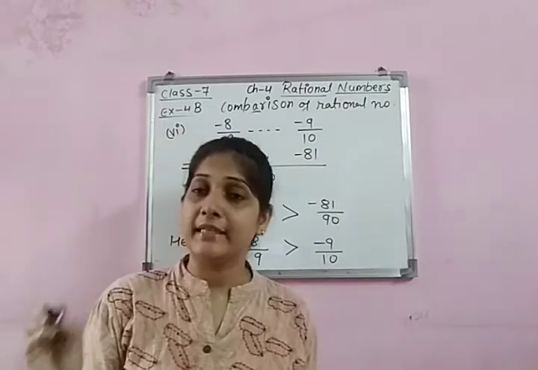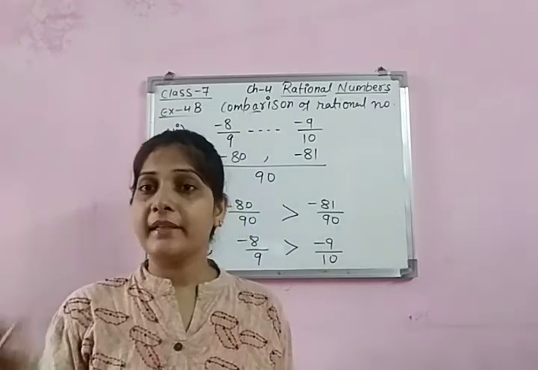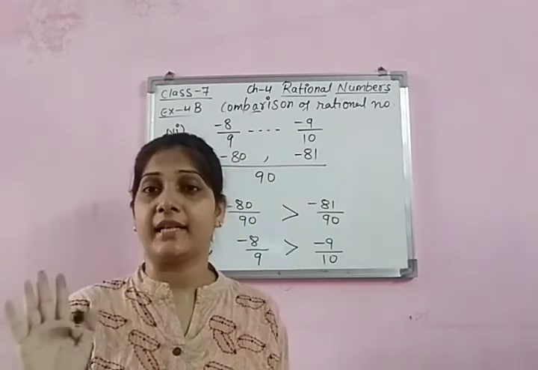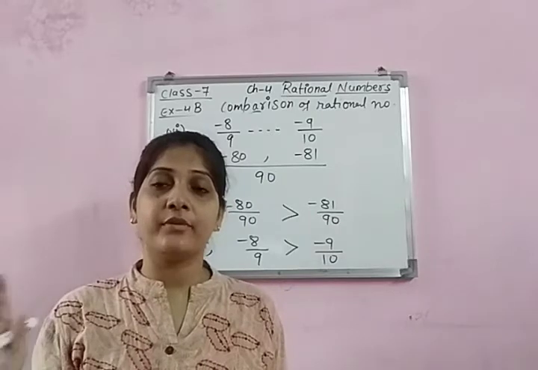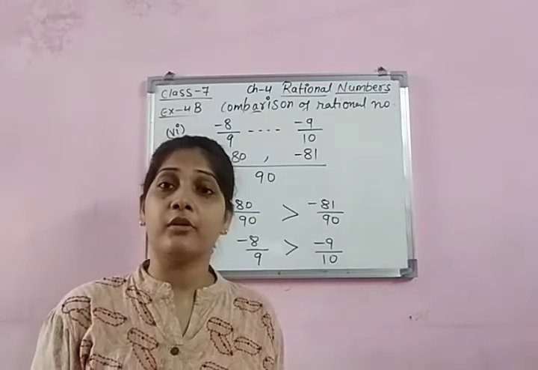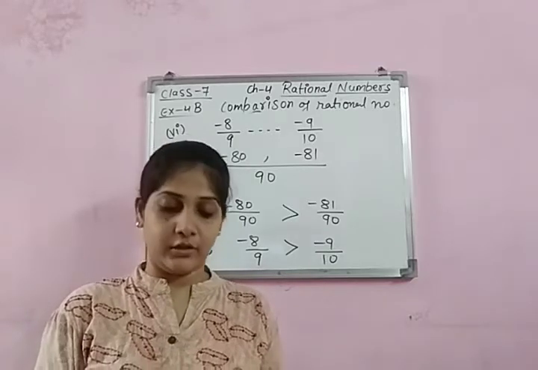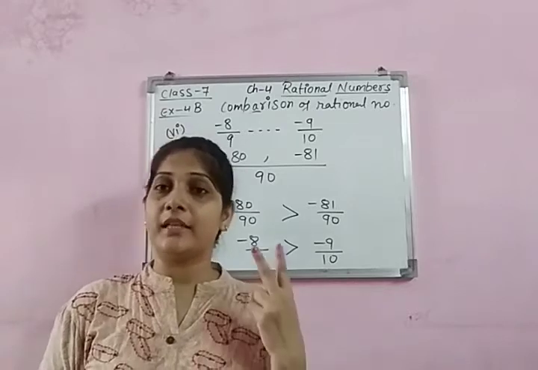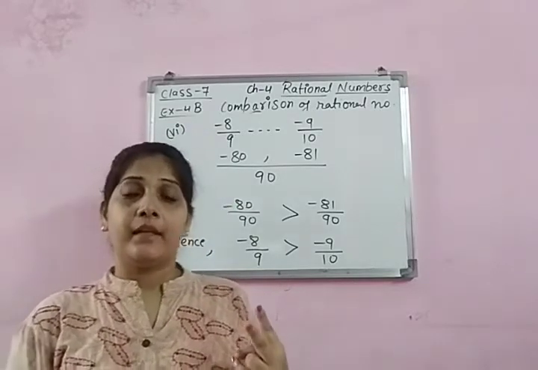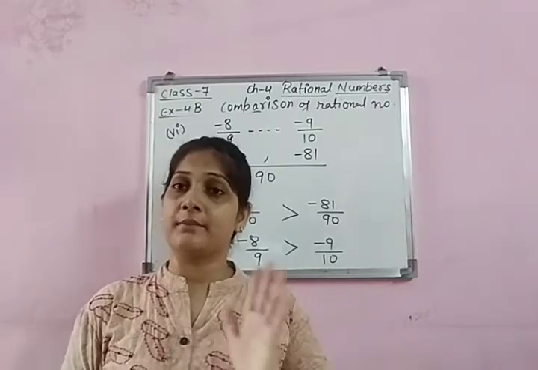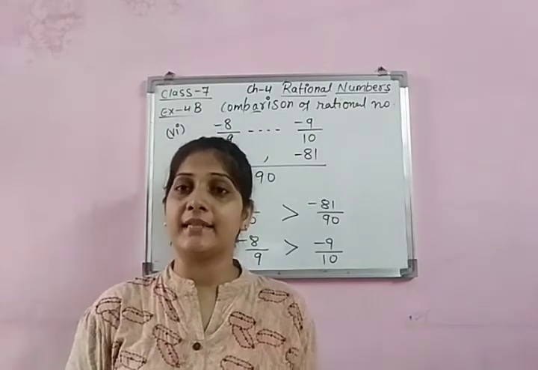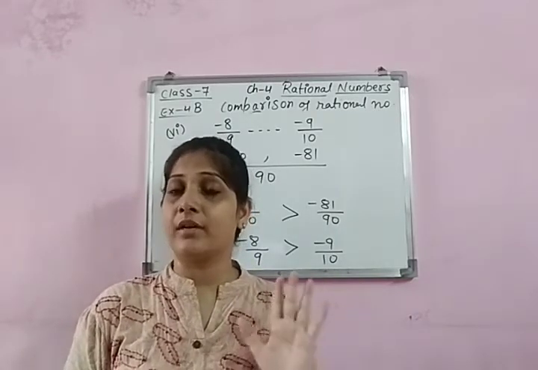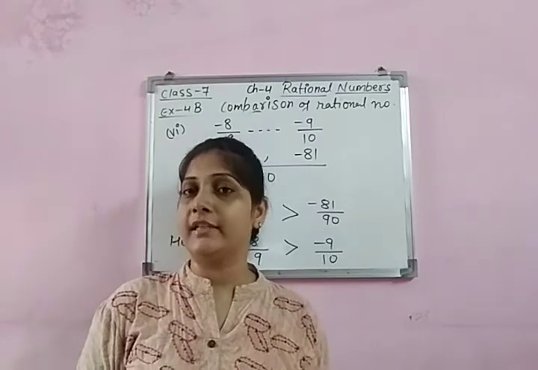Children, remember 2-3 things: if you are not making the denominator positive, your answer will not be correct. Okay, it will definitely be incorrect. So please follow the steps which I told you, or which are mentioned in your book also. So follow those steps to solve the questions. Now we all are able to compare rational numbers when two rational numbers are given. Now I am telling you, if more than two rational numbers are given, how can we arrange them in ascending or descending order? So I am sharing one question for ascending and one for descending. You have to see that one very carefully.